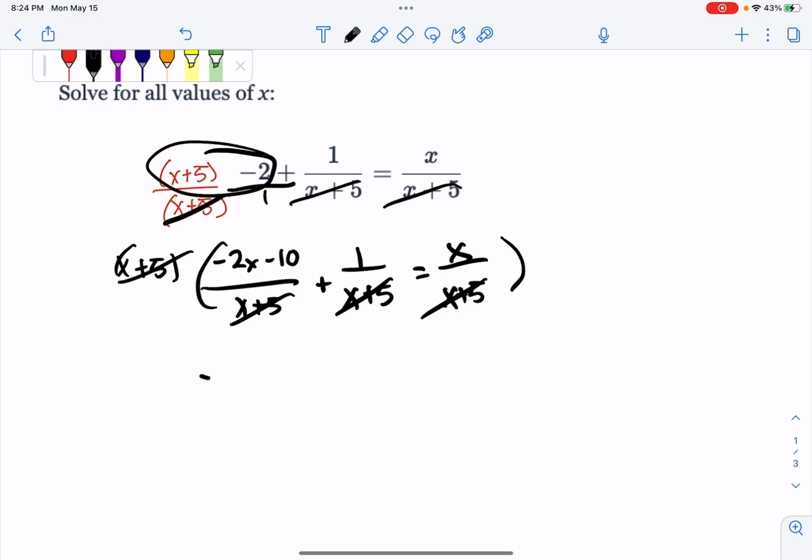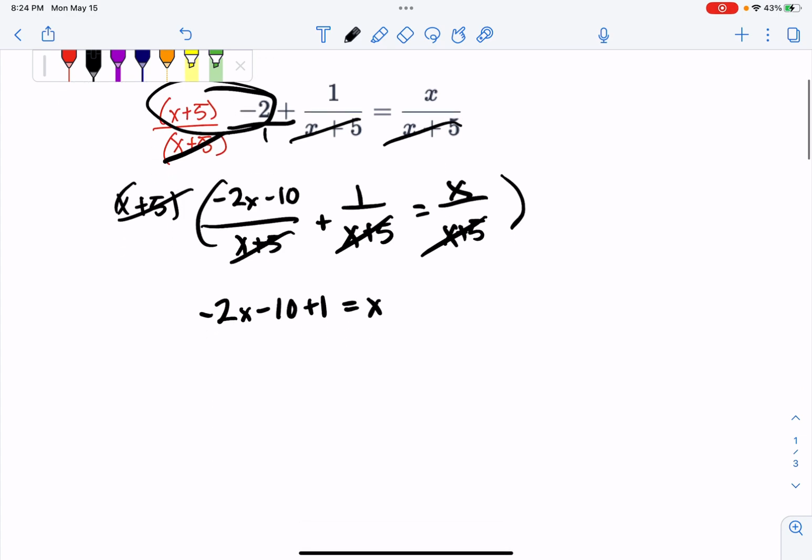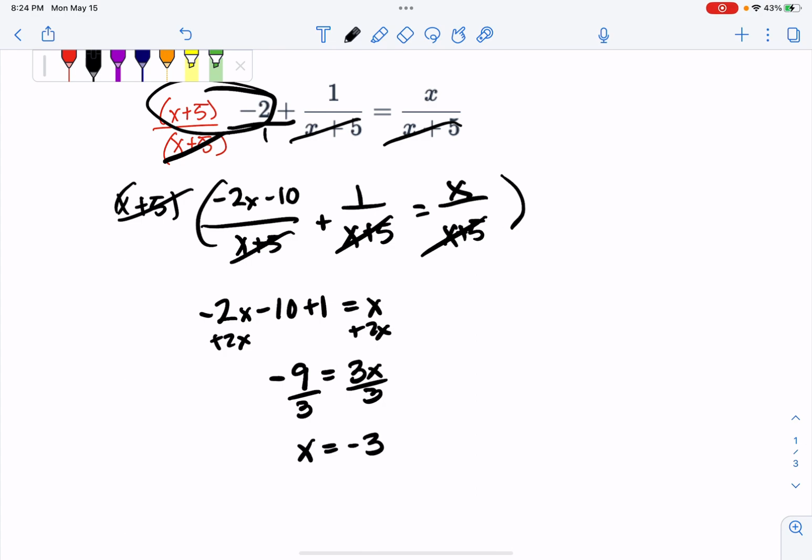So now we have negative 2x minus 10 plus 1 equals x, and this becomes a very simple algebra problem. So pull our x's together, we get negative 9 equals 3x, divided by 3, x equals negative 3. And then you do have to check these